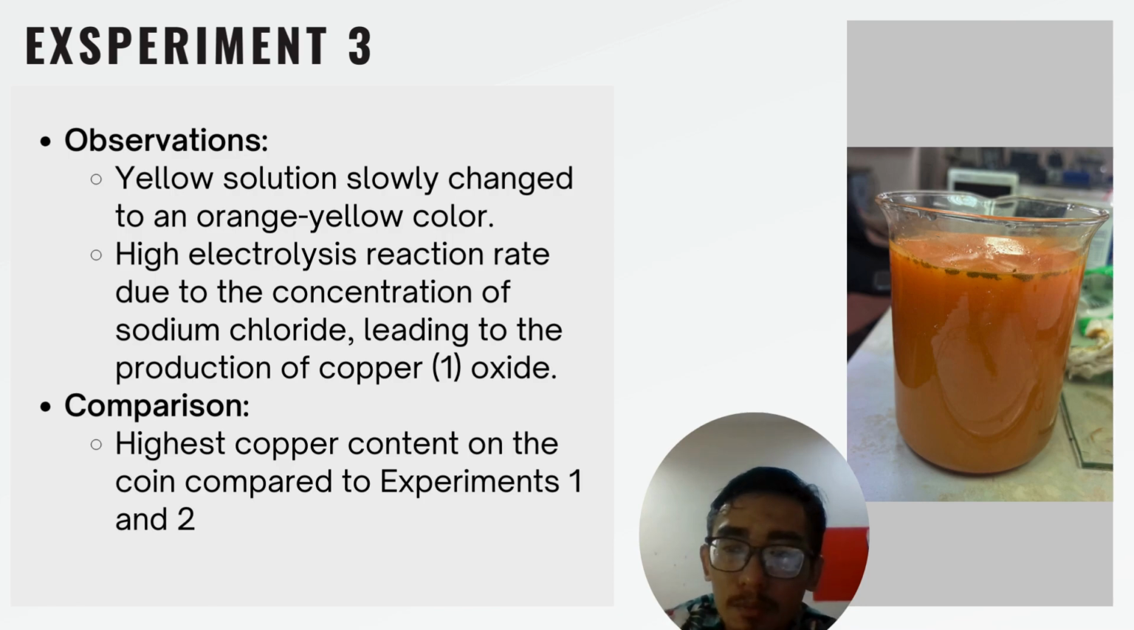And now we will talk about experiment 3. In this experiment 3, we can see the color of the yellow solution slowly change to an orange-yellow color. This is due to the electrolysis reaction rate of the experiment being high, which is influenced by the concentration of the sodium chloride solution. The production of hydrogen gas at the cathode becomes high, causing hydrogen ions to become less